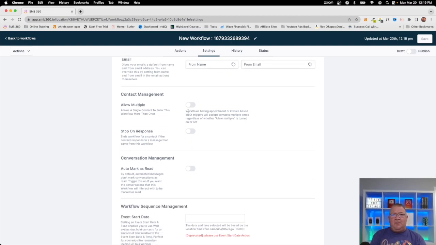This is where kind of a rookie mistake that I got caught up with myself when I started using workflows is allow multiple. Now, if you do not allow this, what you're doing is you're only allowing a particular contact to go through this workflow one time. If that's all you want to do, if you want them to go through it one time and never use it for a repetitive process, then